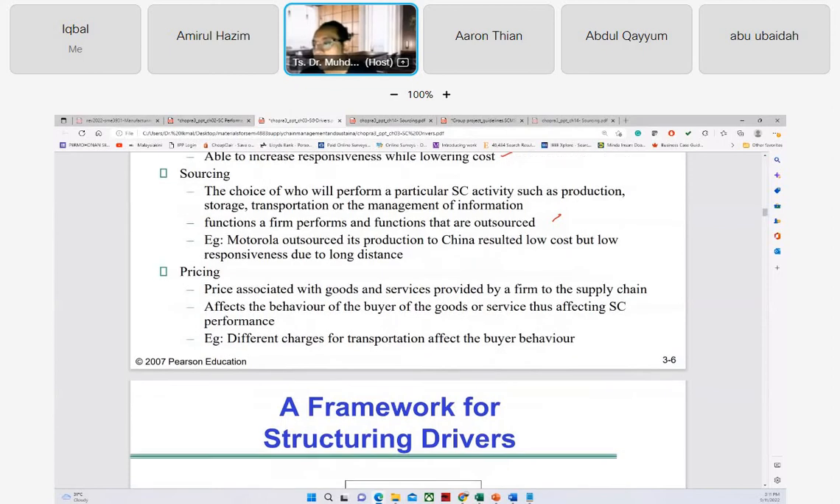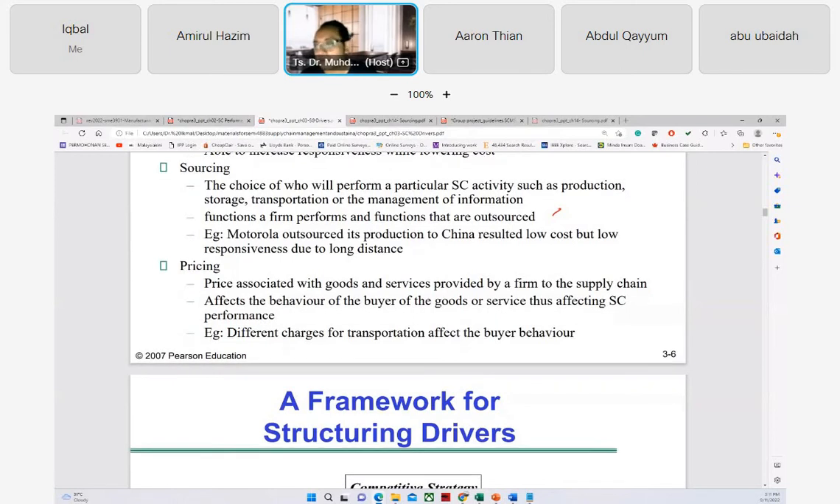And then also the pricing. Of course, the price associated with goods and services provided by a firm to the supply chain affects the behavior of the buyers of the goods or service, thus affecting supply chain performance. Different charges for transportation affect the buyer's behavior. So that's why you see a lot of problems here now in Malaysia. We are controlling the price of the goods, so they are not jumping too much, but at the same time the inflation